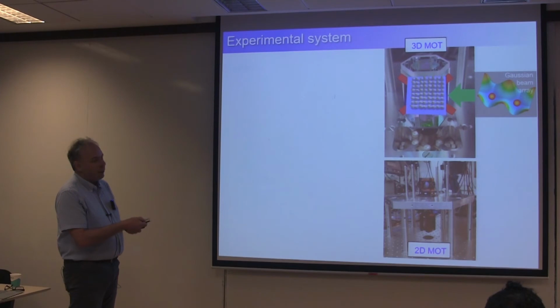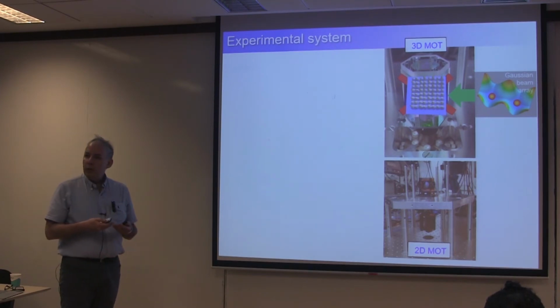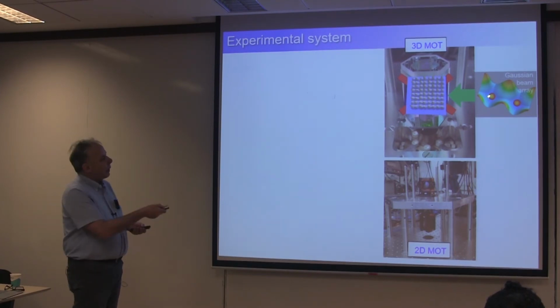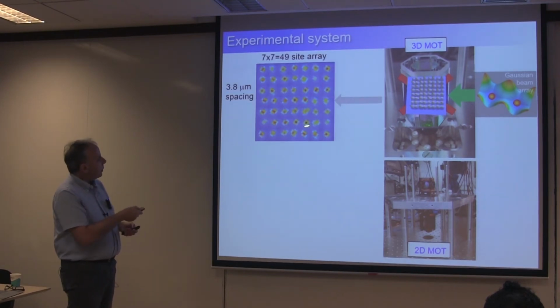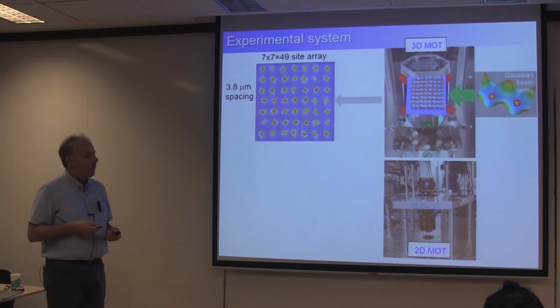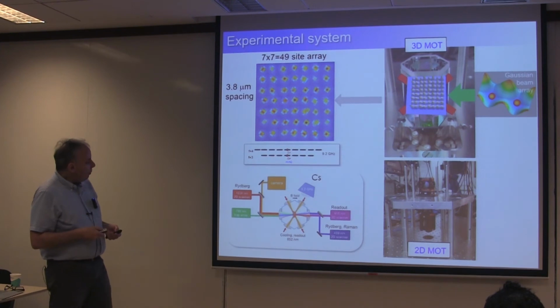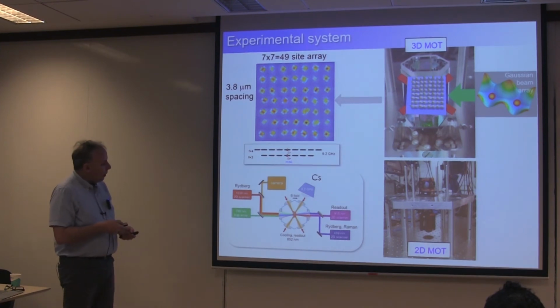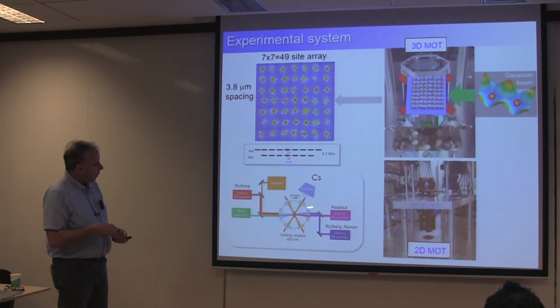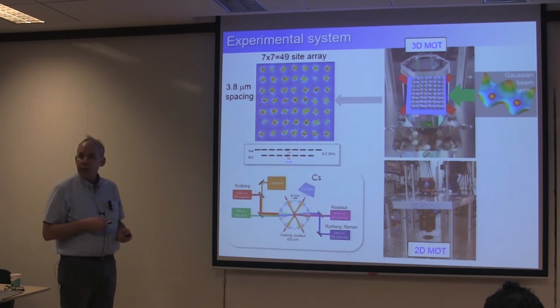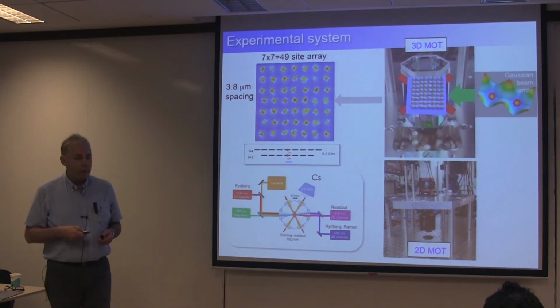This is light of a wavelength that's blue detuned. It repels the atoms, so atoms are trapped in local minima of the intensity, and we create a 2D array of these minima, which traps atoms, and this is a picture of the fluorescence from those trapped atoms in a 2D array, and we have 49 sites right now. And then we have beam scanners set up that allow us to point various laser beams at individual sites to perform gates and control the circuits.